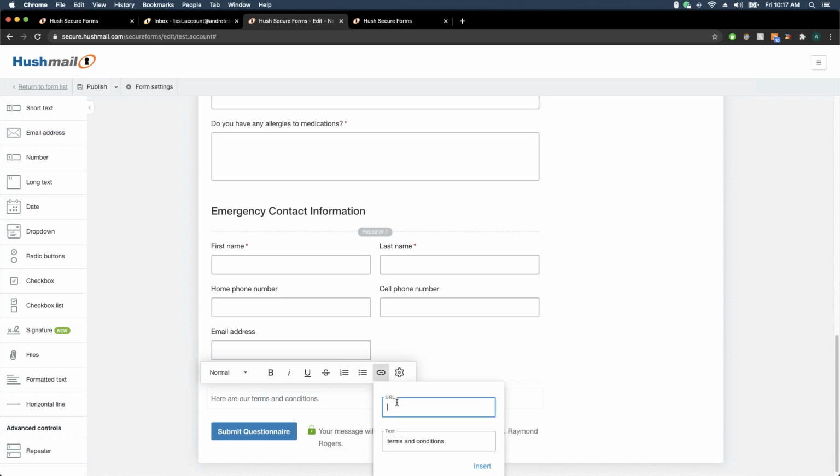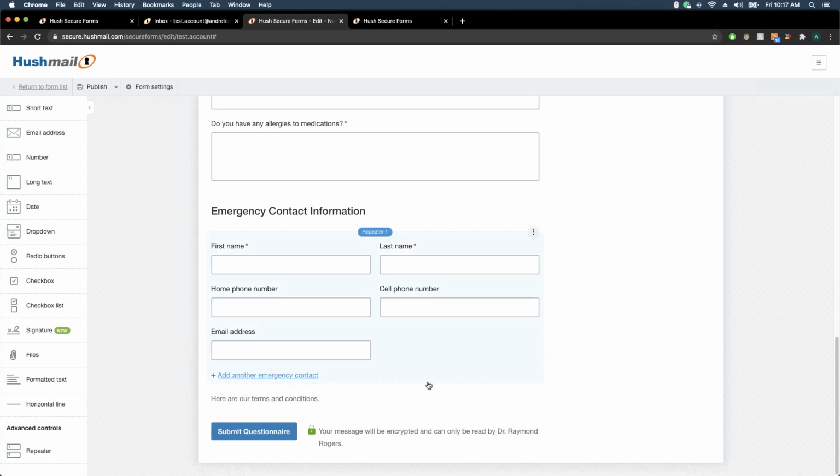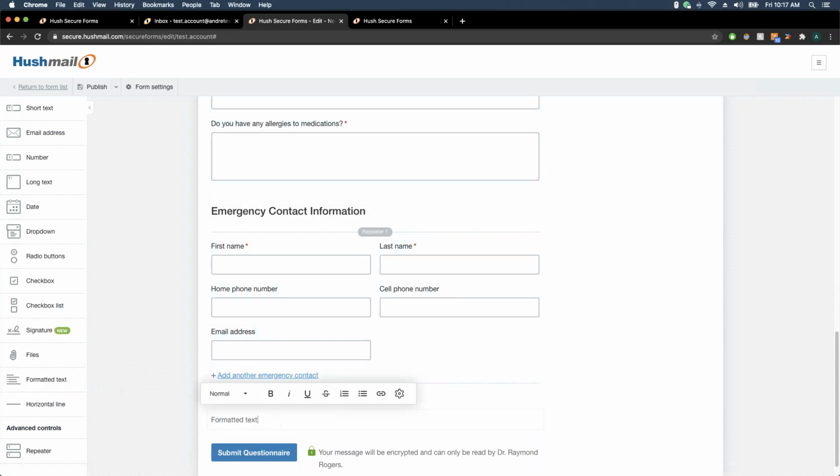Didn't save. Let's go in there, hushmail.com. Hit insert, and there we go. Okay, so it becomes a link. They can click on that, and now let's say they are ready to, I agree to the terms outlined above. Obviously, I don't know whether that's legally binding text or not,